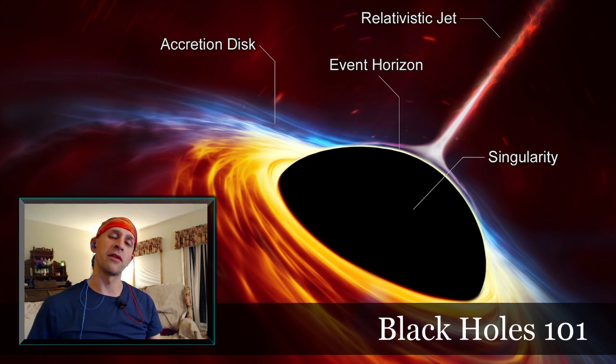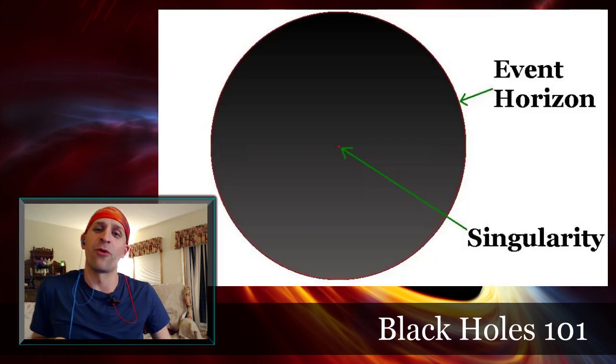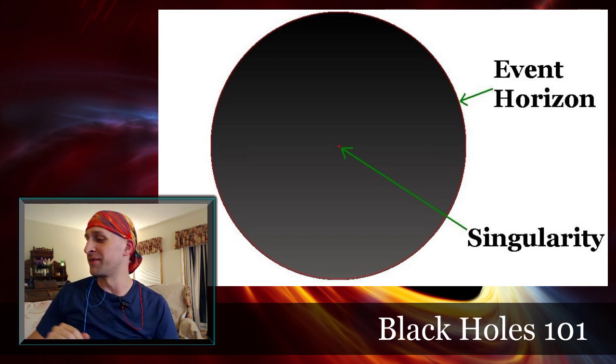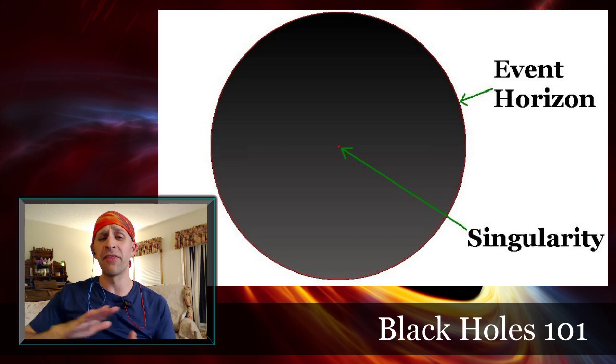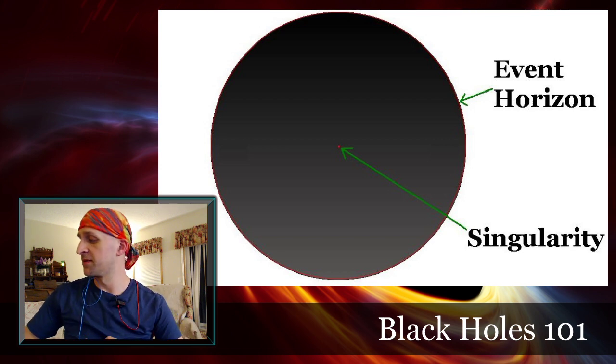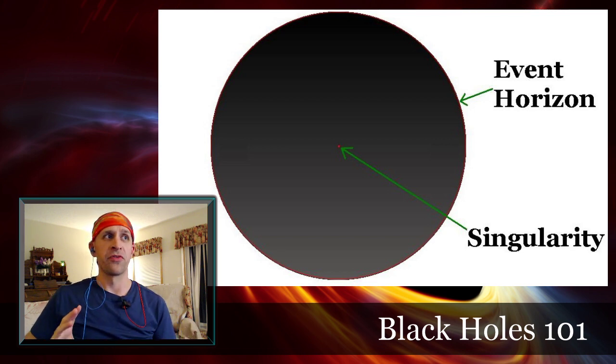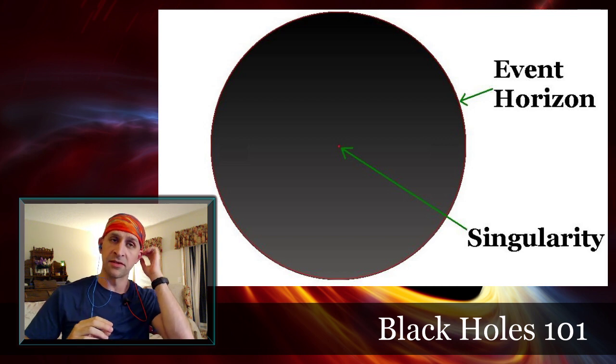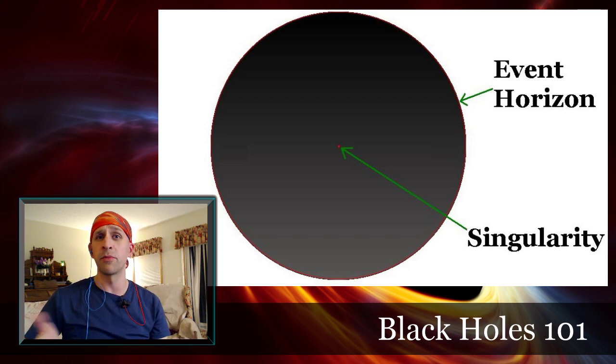But let's simplify it a little bit more. That's a black hole. You got a circle, you got a dot, and that's really all the more you need. The traditional concept of how a black hole forms is you have a sun that starts out burning fuel, because suns start out as hydrogen and some helium. And as the